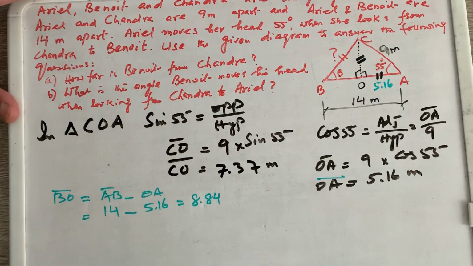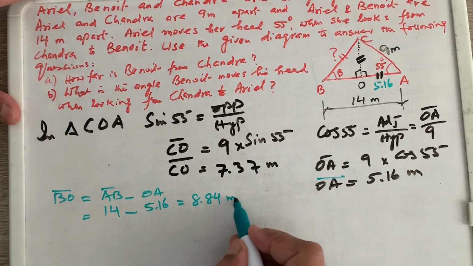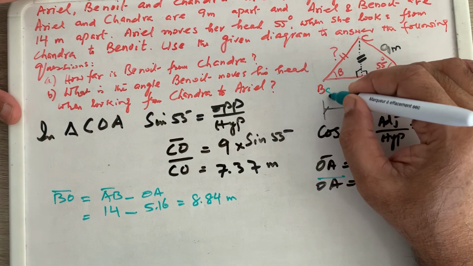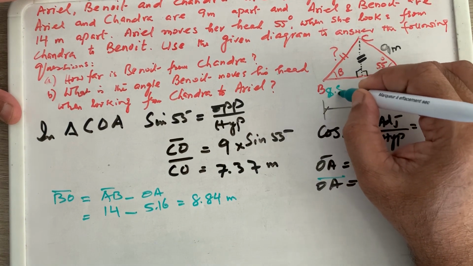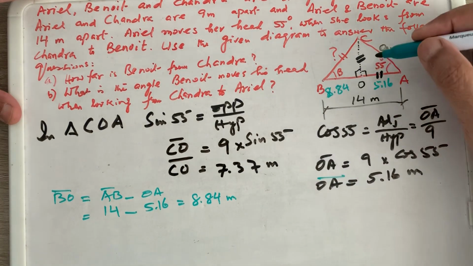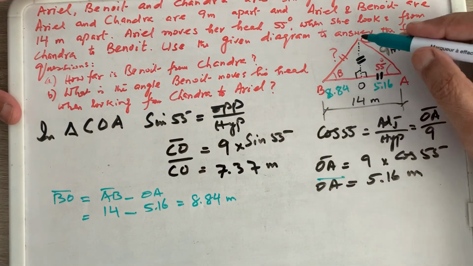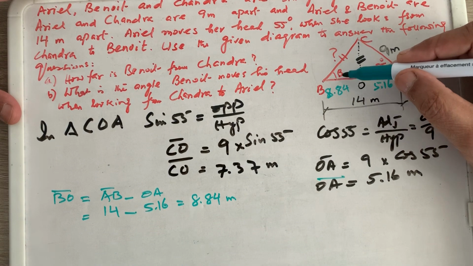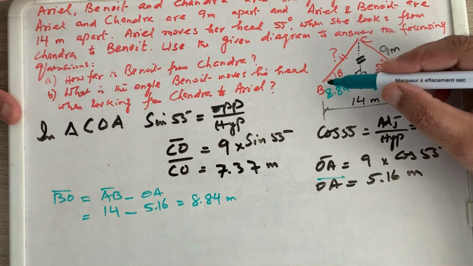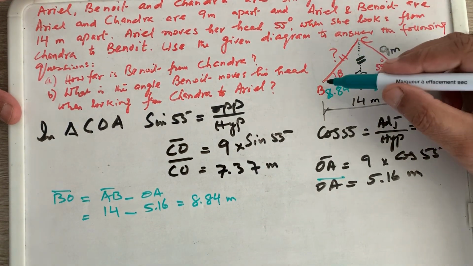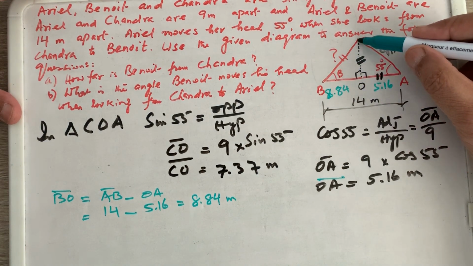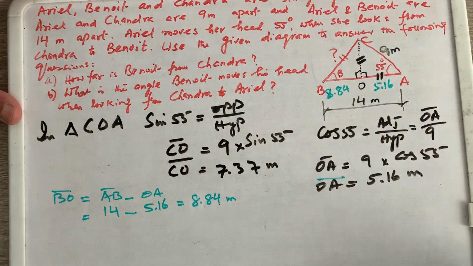8.84. So now I have this measurement also. So I have this 8.84, right? Now we can work on this triangle because now we know two sides and we can find out the angle, or we know the two sides, we can find out the distance between Benoit and Chandra. So both can be solvable now, because in the second triangle, we will write here again. So in second triangle,